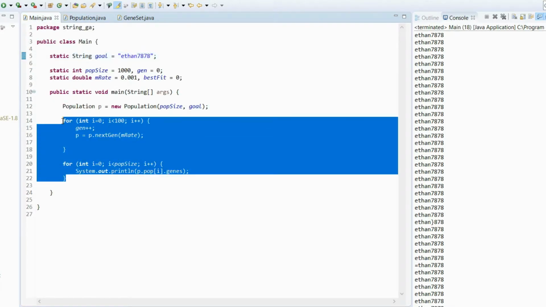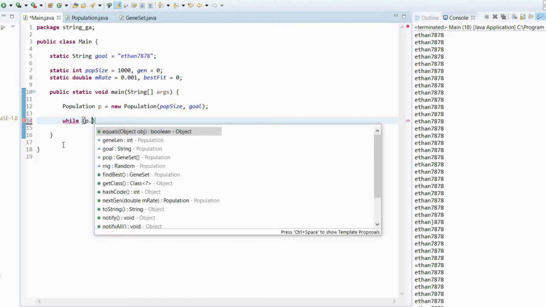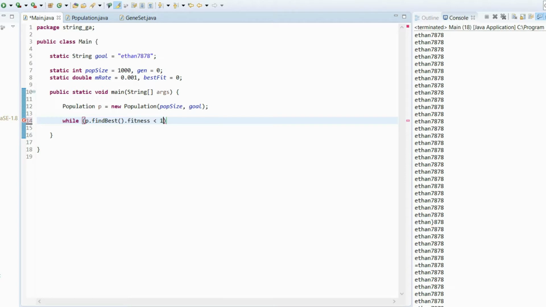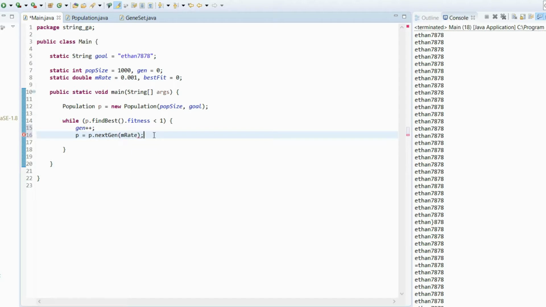So we'll get rid of this here, and we have our population P. And then what I can do is I can say while P dot find best dot fitness is less than 1. So while none of the elements have a fitness of 1, we want to be iterating through and making new populations. So gen plus plus, P equals P dot next gen, pass in the mutation rate,